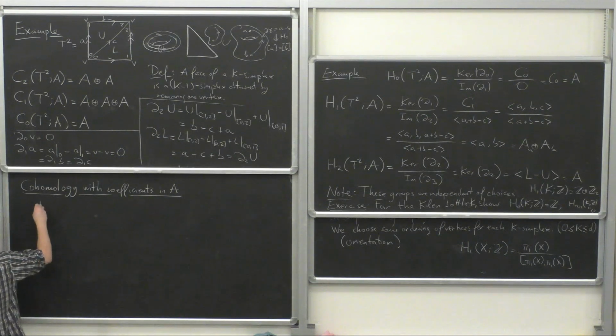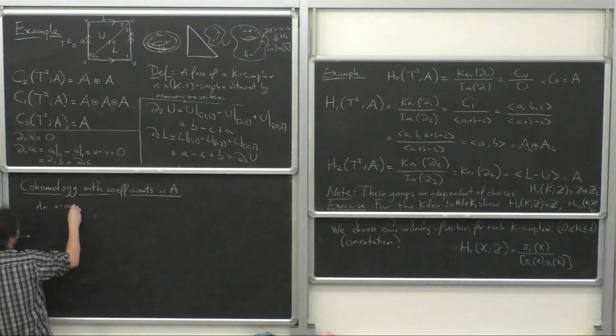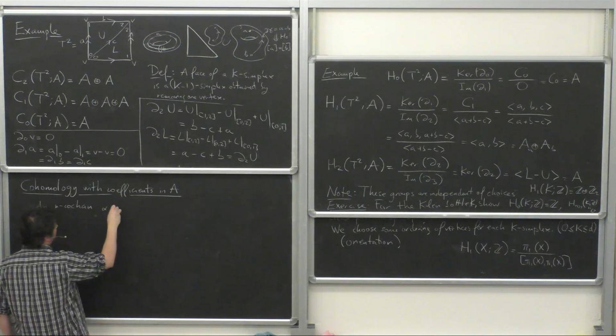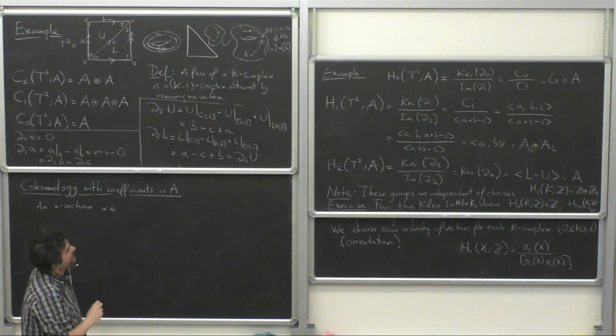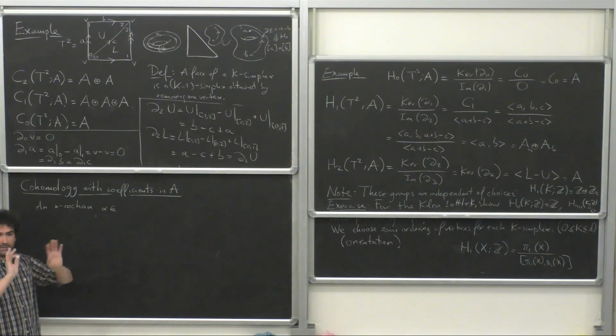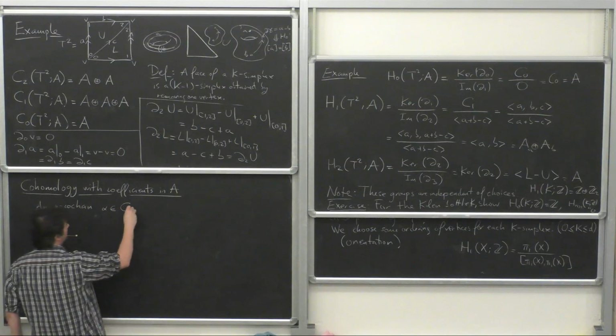So an n-cochain, I'm going to call it alpha. It has nothing to do with the index for the maps, it's a different alpha. In C^n